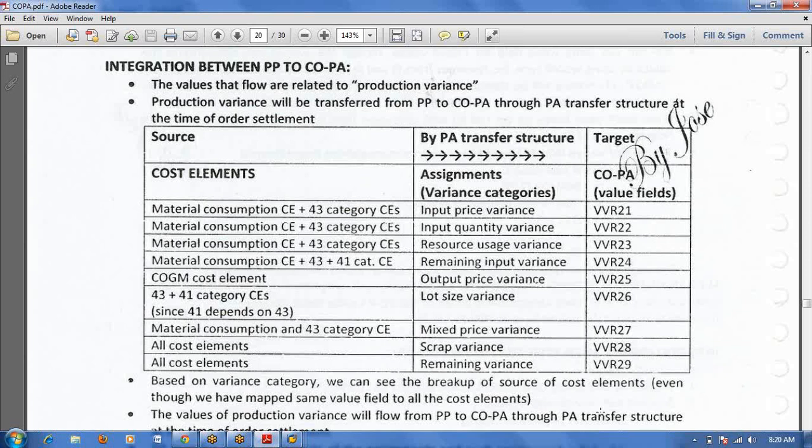If you want to see the COGM breakup, or the variance breakup, or the profitability at sales order level, whenever you create a sales order, that is also possible, and flexible reports are possible.